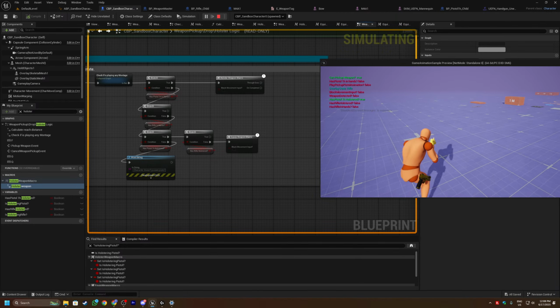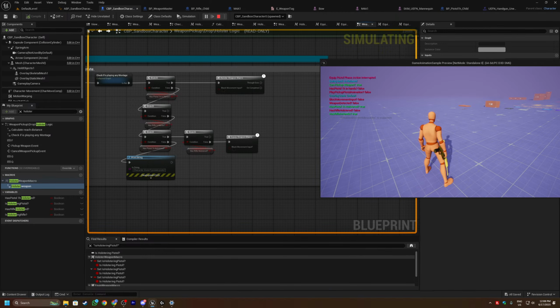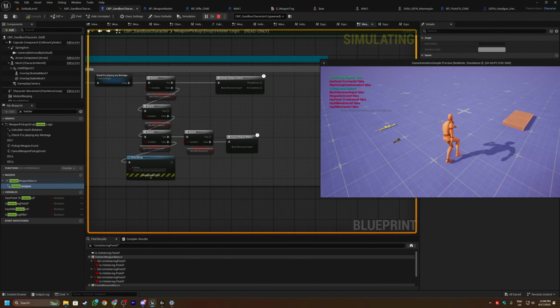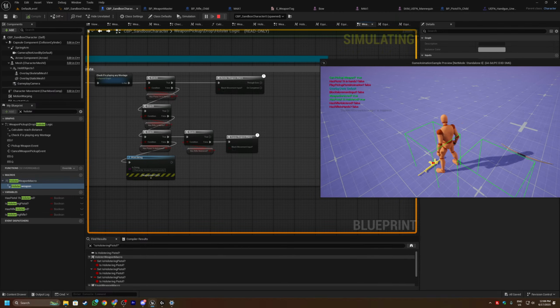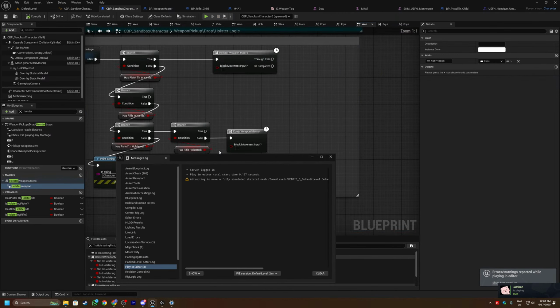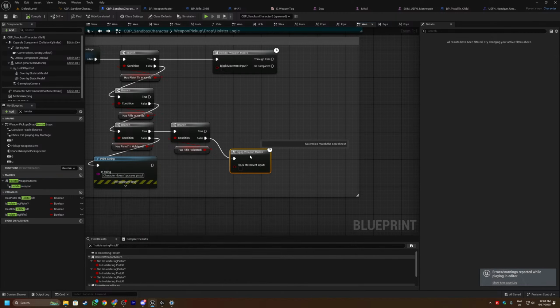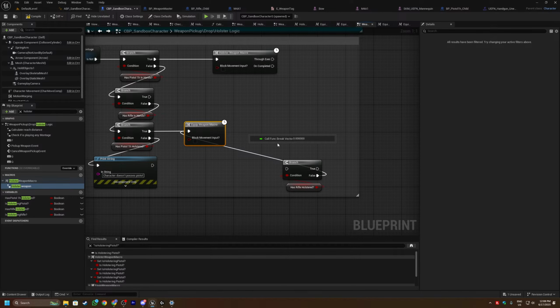Now if I try to holster the rifle, as you can see right there, we have a bug now, because we don't have an actual code for that case yet. But I think we should, as this is fully automated, then I think this is not going to be